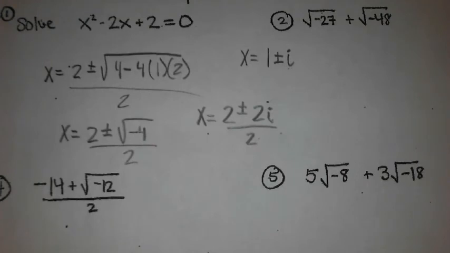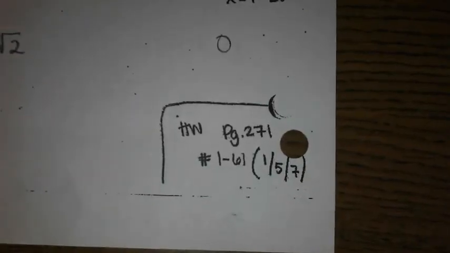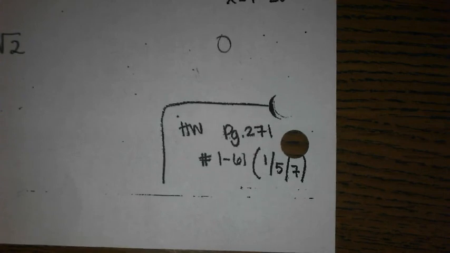Should I get back to that? Yes, please. What was the answer to number 5 again, Michelle? What was it? 19i radical 2. Good. Homework's there at the bottom. Your test grades are online. We still have some people that have to take it, so I